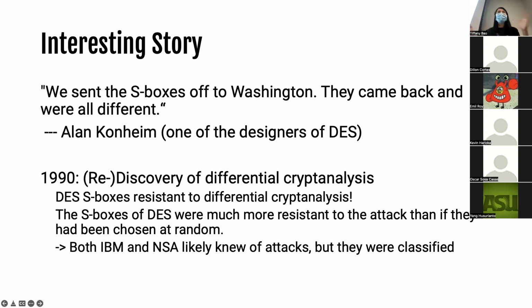So people were passing around the news that maybe NSA or IBM already knew about this attack a long time before, but NSA just kept it secret. Let me just read this real quick because I can't remember these details, and I'm not a very good storyteller. IBM Watson researchers discovered differential cryptanalytic attacks in 1974, and then were asked by the NSA to keep the technique secret. Coppersmith explains IBM's secrecy decision by saying that this attack can be a very powerful tool used against many schemes, and there was concern that such information in the public domain